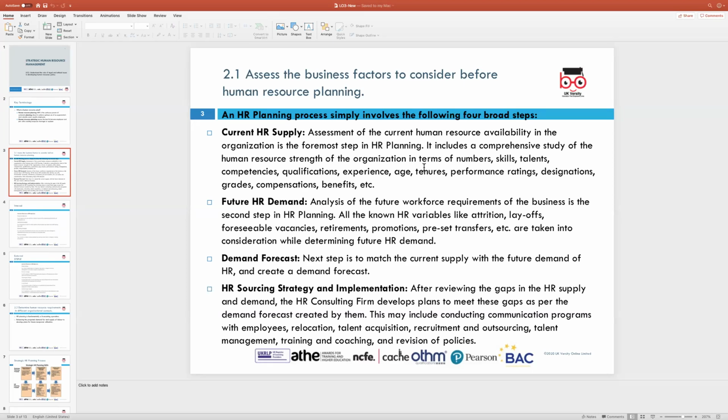So, for example, if you're looking at recruitment and the current HR supply, what they're going to look at is doing an in-depth study of the organization and understanding what they currently have. In terms of what skills their current associates or employees already have, what all they can improve on. Remember in LO2, I spoke about how we can give proper training and development to our current associates so that they can expand in their job role. This is basically looking at their previous experiences, looking at how they can brush up some skills and take on